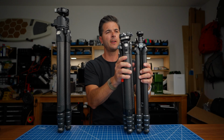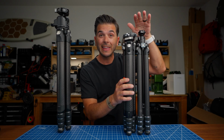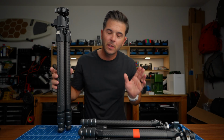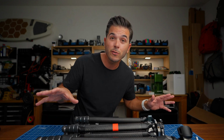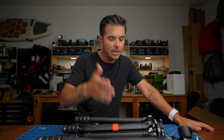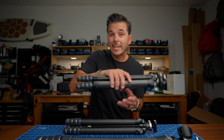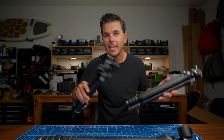So when you put them together, the Classic is actually shorter than the SE model. The Classic, you're going to see, look, the Classic is still, I think, the best travel tripod out there. The SE offers a lot of the same features that we get in the Classic, but you save $200. Now, one thing that you get on the Classic and the Pro that you do not get on the SE